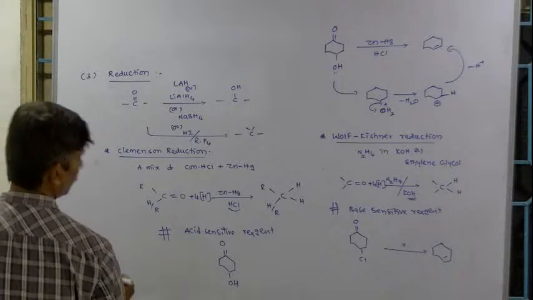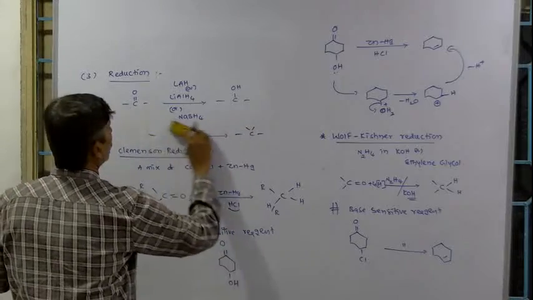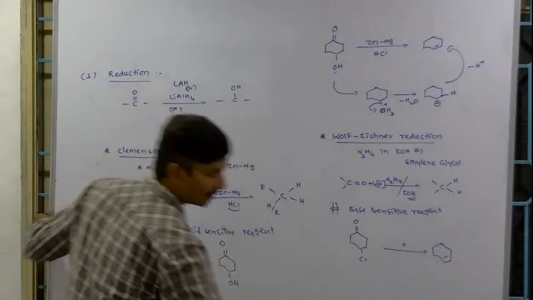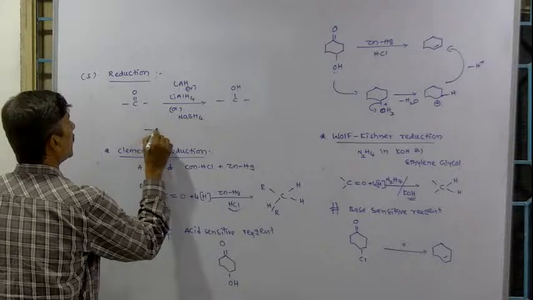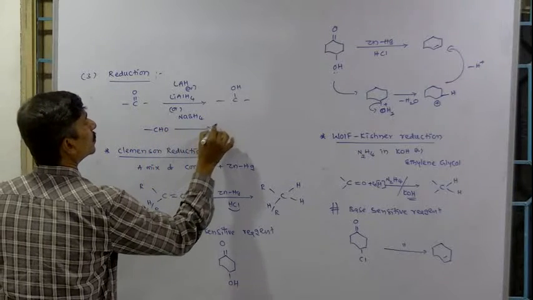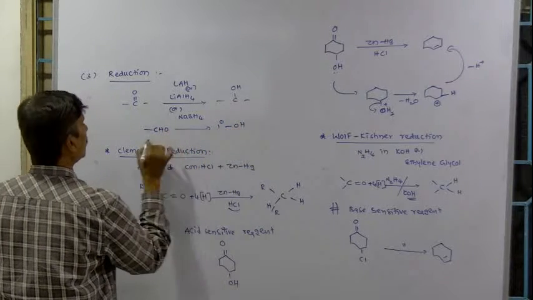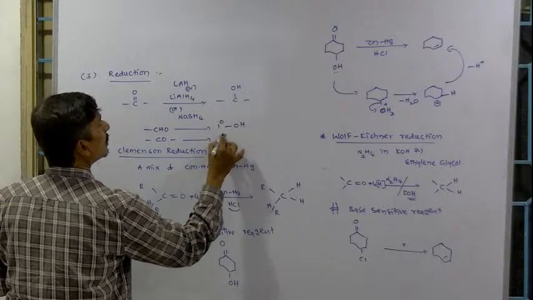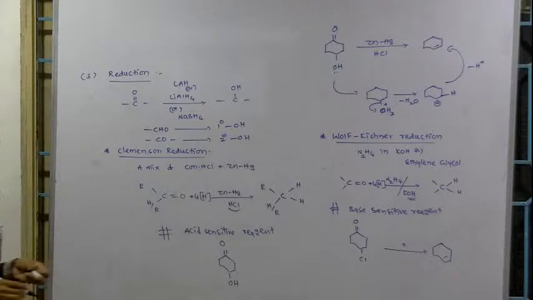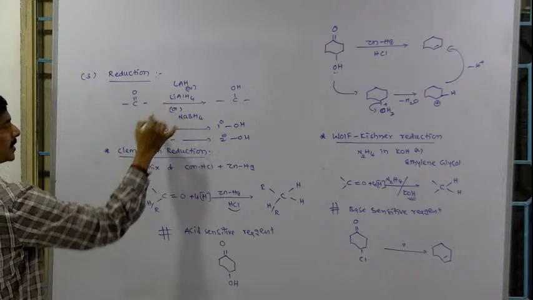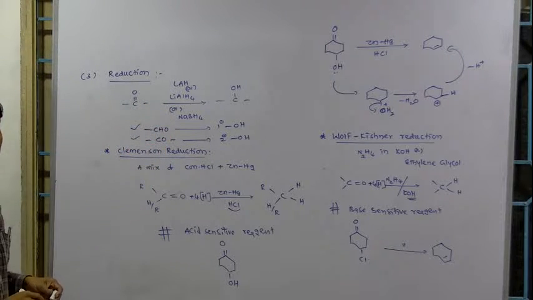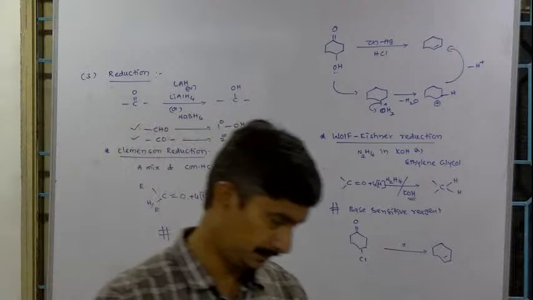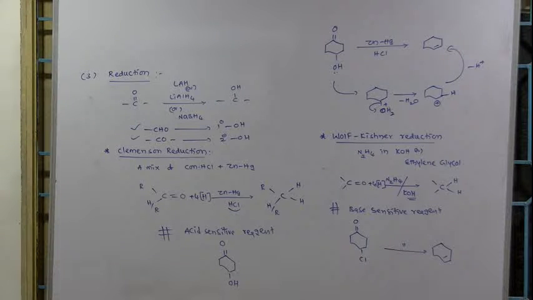So in this case, what do these two reagents do? Aldehyde into 1 degree alcohol, ketones into 2 degree alcohol. These two reagents convert the aldehydes into 1 degree alcohol, ketones into 2 degree alcohol. Next,